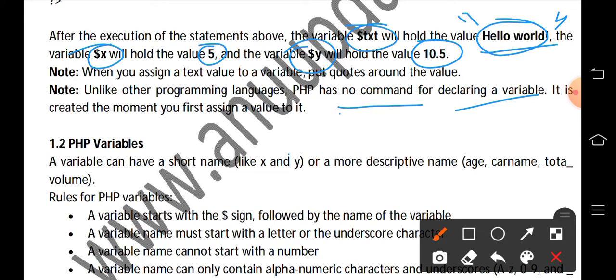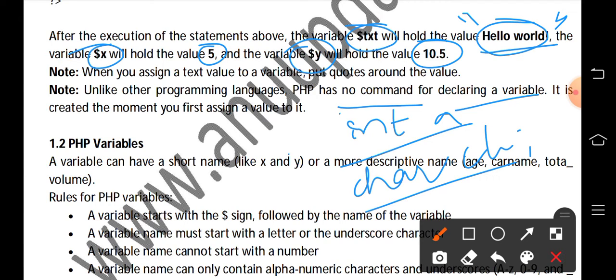No command means, if it is an integer variable, we declare int a; if it is a character variable, we declare char ch. Like this, other programming languages give some commands, but PHP is totally different while declaring variables, and it is created the moment you assign a value to it.